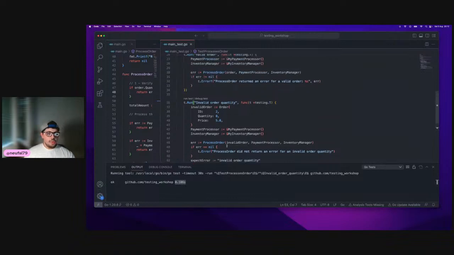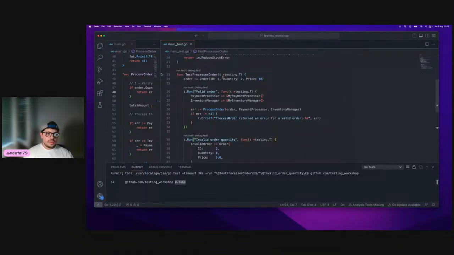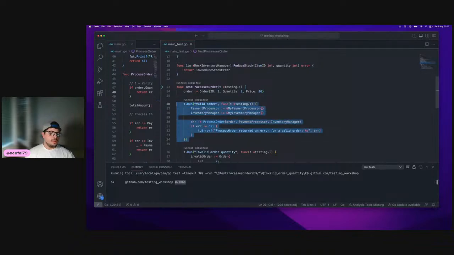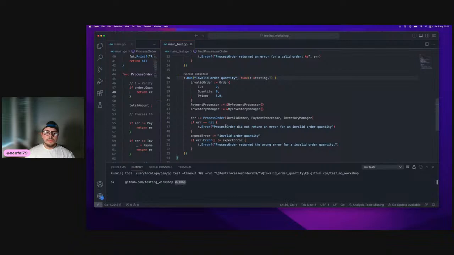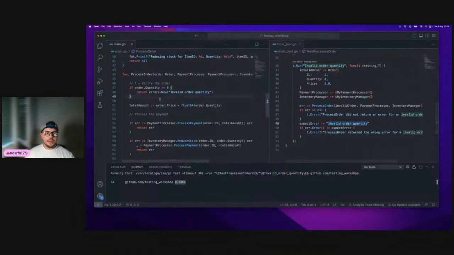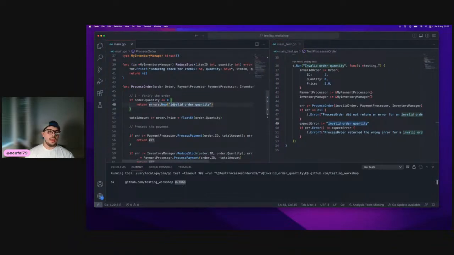Okay, so we were here adding some test cases. The first one was a simple valid order, no error expected. If we have an error, that means it's not working. The second one is an invalid order quantity, and we change the quantity to 0. So we expect an error that is invalid order quantity, and this error is the same one that we specified here. So if we get this error, that means